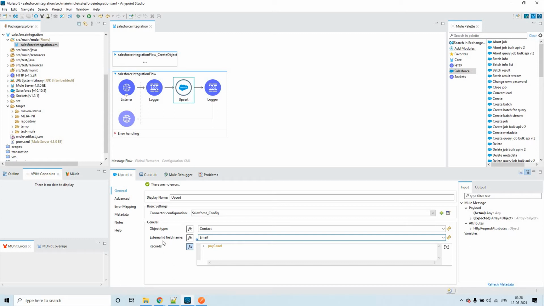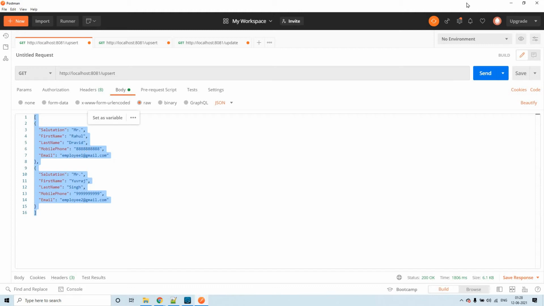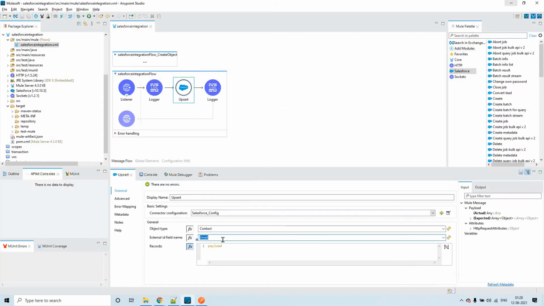You see here records is what we have, and by default it is payload. Whatever we pass, you can copy paste within this section, but in real time that won't work. You have to always pass the records dynamically. So for the time being, just to demo this, I have kept it as is.